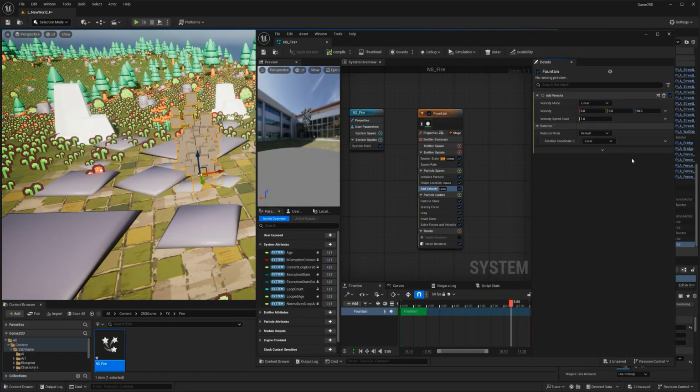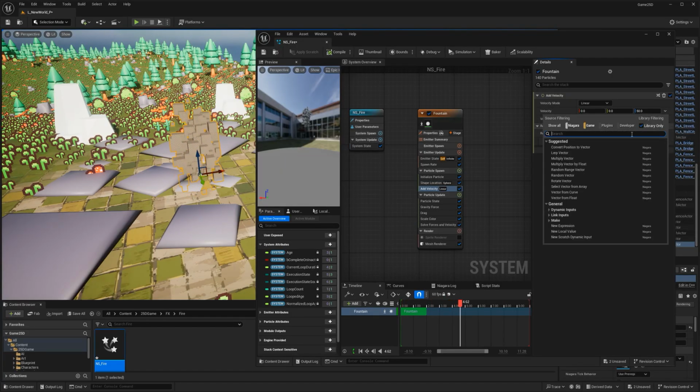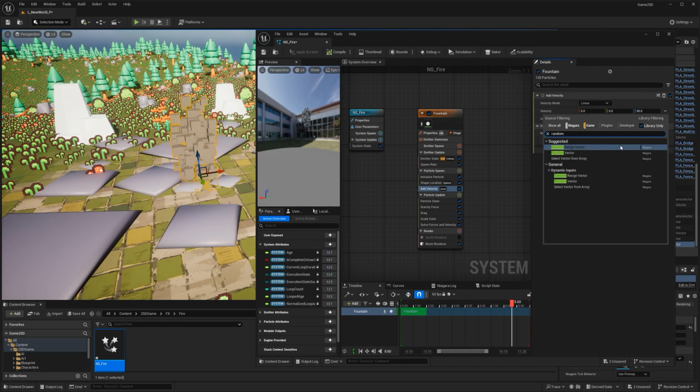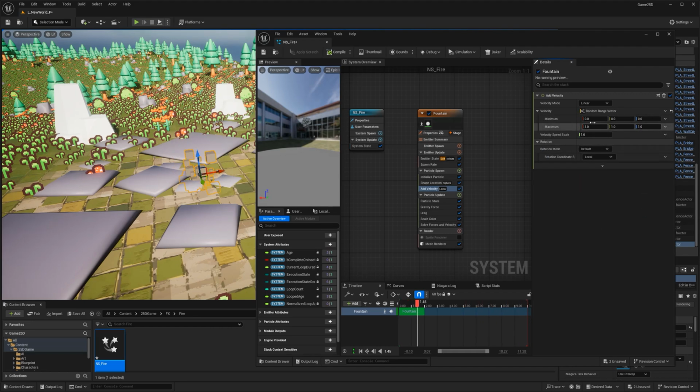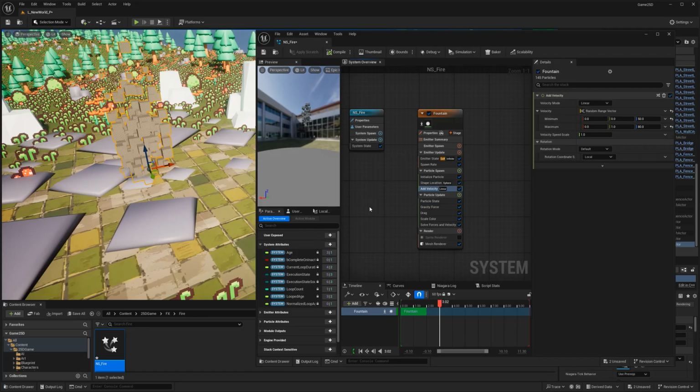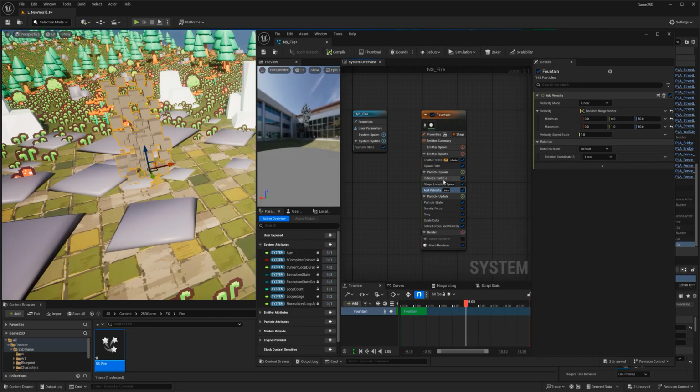And here's a cool trick for you. You can go here and you see there's a drop down, like there's always a tiny arrow. You can always expose that and override. So it goes from different settings here. So the minimum would be 50, the maximum would be 80. So you have different speeds for the fire. Pretty cool. They kind of disappear, but that's totally fine. It's not really a huge problem.